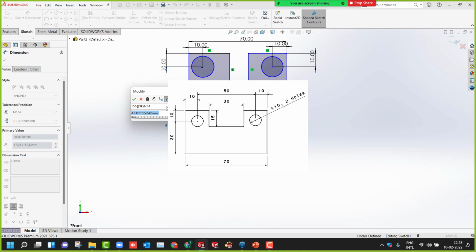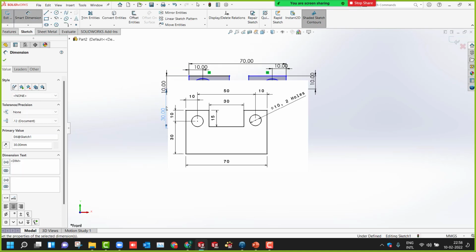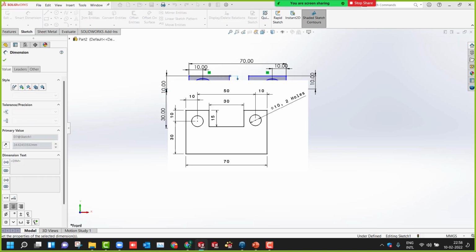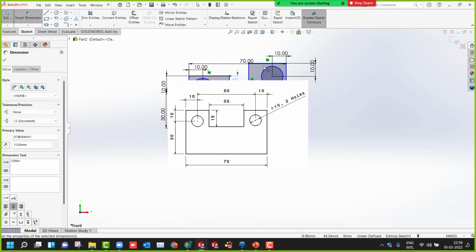It's completely coming 40. No, only this much from the center. 30. From the center of the circle, 30, right? Yes. 30. What about this height? 15. Good.